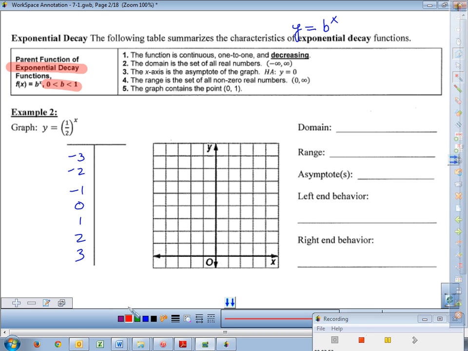Here's where I like you to start. This is the magic starting point. If x was 0, we put a 0 in right here. What's 1/2 to the 0th power turn out to be? 1. Time out. In your parent function,